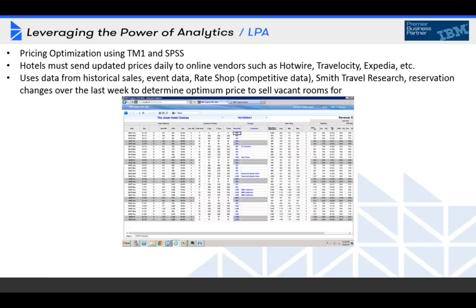Information from a third party that gives us additional information about our competitors and how we're doing against our competitors. Information about what our competitors are advertising for the day on, say, Hotwire, Travel, Velocity, Expedia, etc. Bring all that data in, consolidate it, and show it in one report, and tell us what the optimum price should be for us to